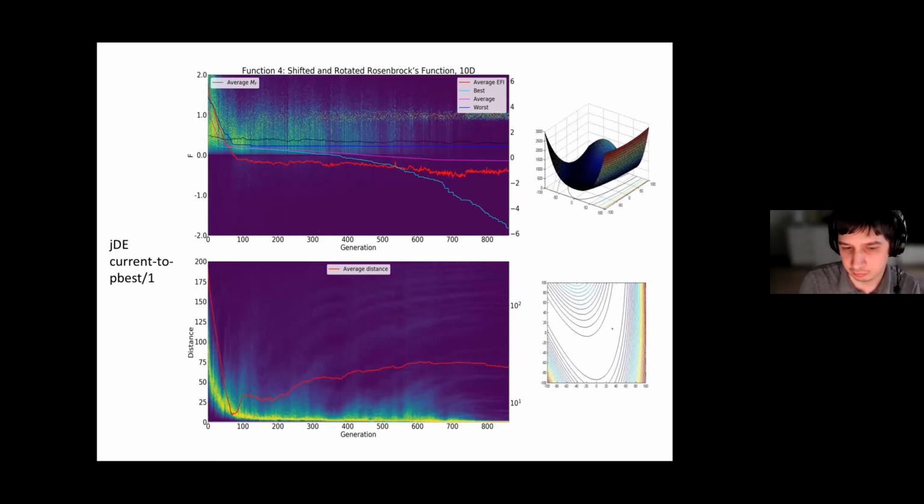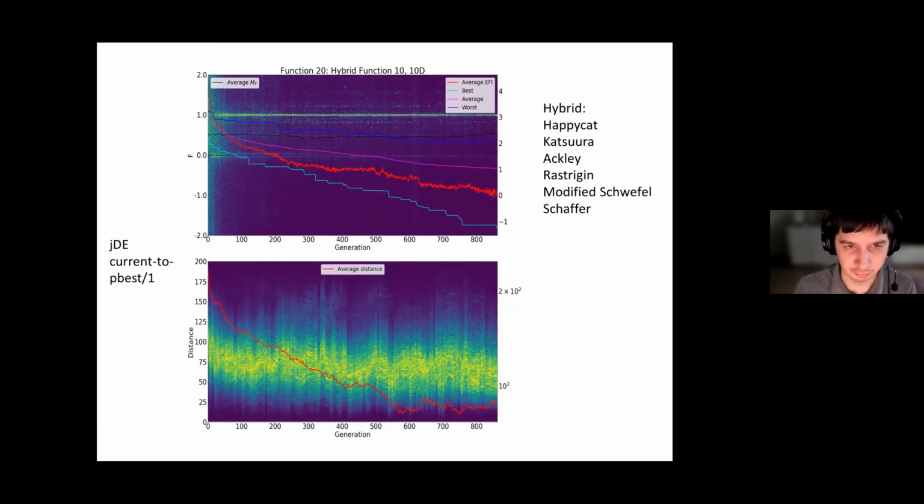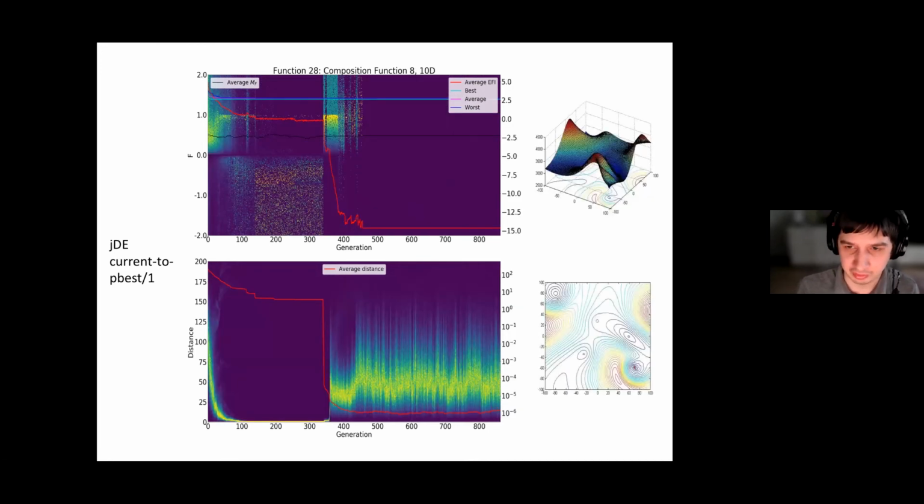Next, some other function. This is the Rosenbrock function, but with the GDA algorithm, again, we have a line close to 1.0 for F. And so on. We see this every time, different types of functions, but the same picture, or at least similar picture. Of course, there are some exclusions.